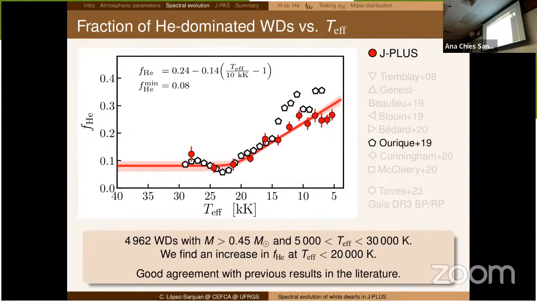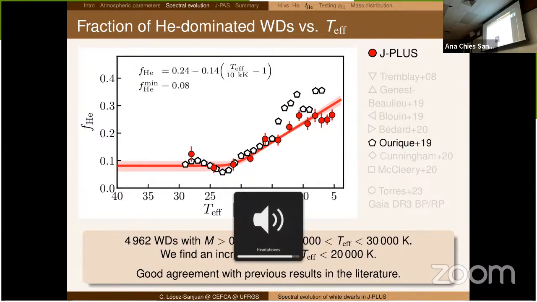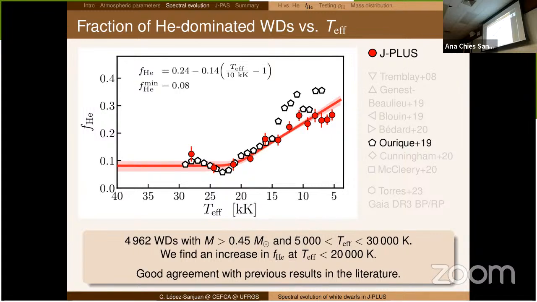Because not all white dwarfs have the same amount of hydrogen or helium, you actually have two drops because they mix at different temperatures. Once the convective region gets to the bottom of the hydrogen layer, you get the mixing with the helium. So if the hydrogen layer is thinner, you will get to mix at higher temperatures, and that drop is for the ones that have a thicker hydrogen envelope.